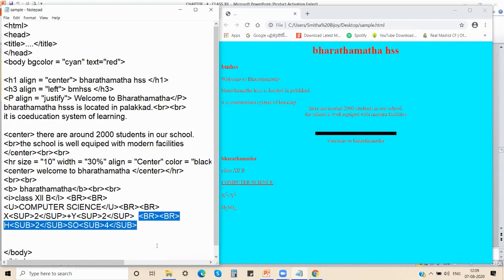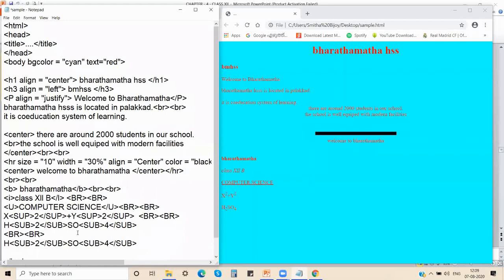Control C. I'll do over here. What I'll do is I'll make this strong, strong tag. Then if I want to italicize, I can give the em tag. The em tag I have given.